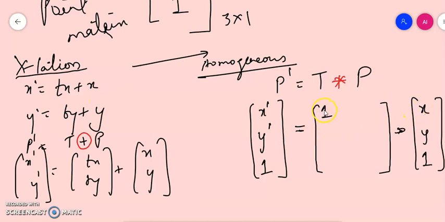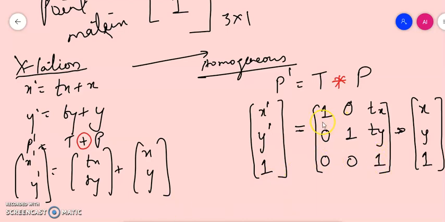So x multiplied by 1. I don't want the y component. And to my last one, I will have to multiply tx. So this becomes my first row. What happens to my second row? In the second row, I want y plus ty. So I don't want an x, so I'll put a 0. I want a y, so I'll write a 1 and I will add it to ty. And for my last row, I want the answer as 1, so I write it as 0, 0, 1.